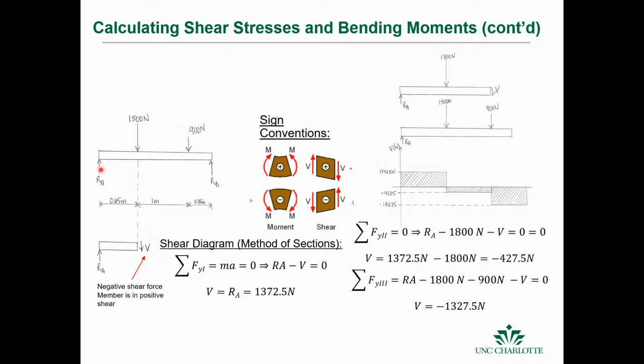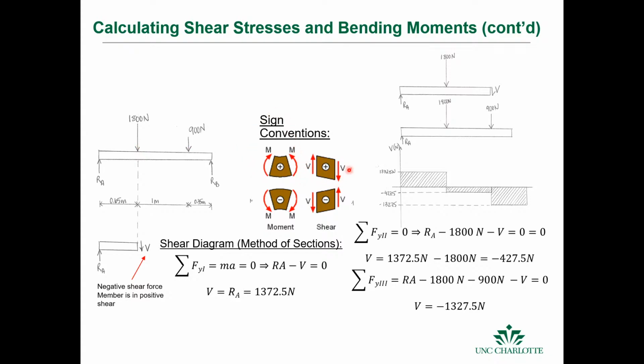Okay, so in this case, we know RA because we solved our statics problem. So V is going to be equal to RA until we come over here, and then V is going to be equal to RA minus 1800. Then we're going to come over here, and V is going to be equal to RA minus 1800 minus 900, and then we're going to come up here, and this is going to take us back to zero. And if you look, that's exactly what we get. So if we slice it anywhere between these 2 point loads, then we have this diagram. And then we have this diagram that steps as we have applied loads. So this is a simple case of applied loads.